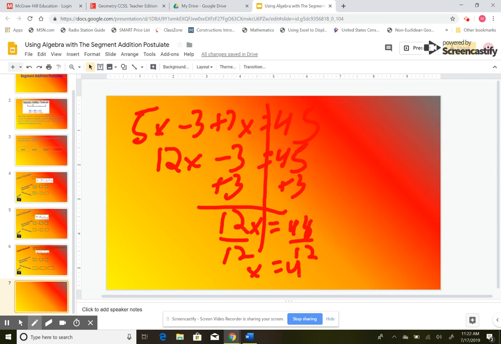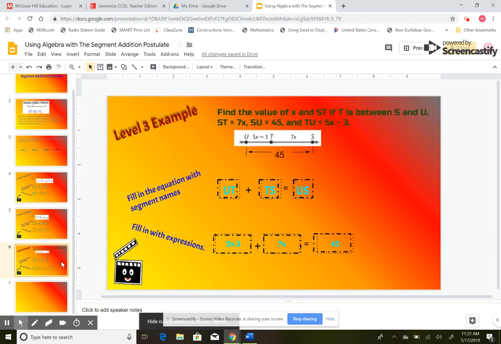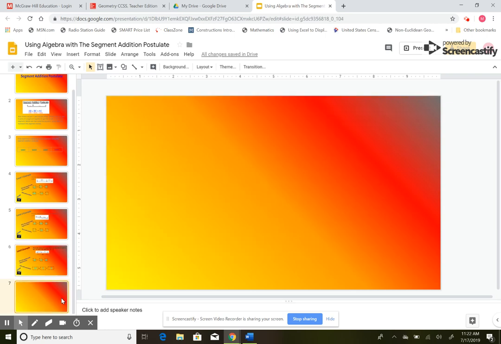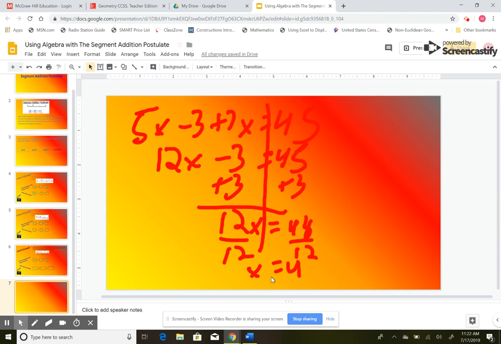Now here's your first introduction into some real geometry. In geometry, it doesn't just ask for what x is. If you go back to the beginning, we find the value of x and ST. So now that we know that we got the answer of x equals 4,